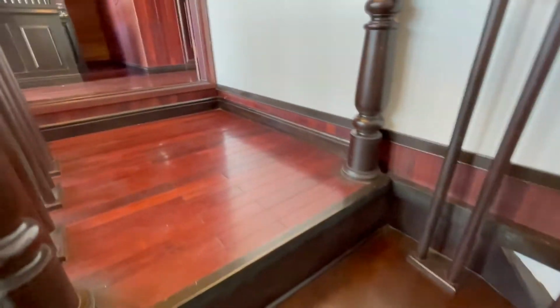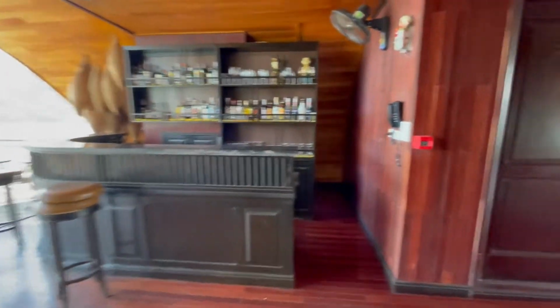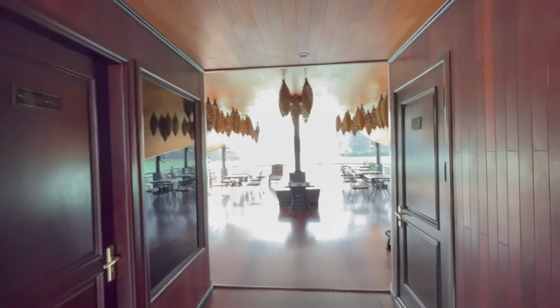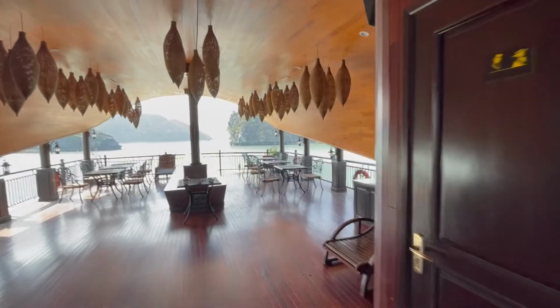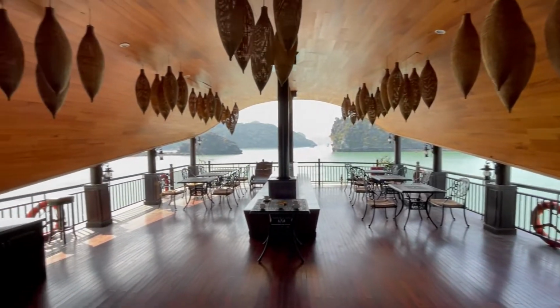Then if you go one more staircase up, you'll find yourself on the deck, where there is a bar and a really large sun deck. And we were very lucky to do this cruise on a clear day with a temperature of around 20 degrees